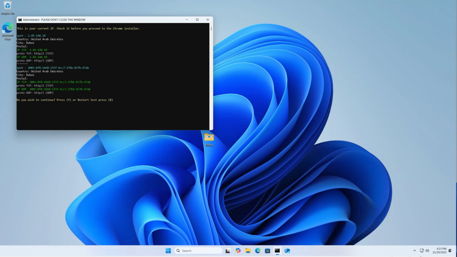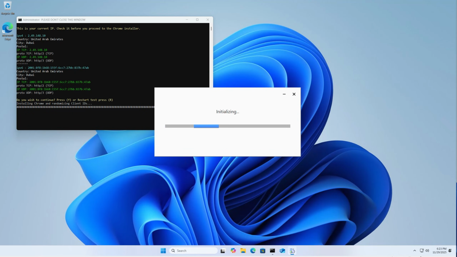In our case, there is no leak, so just press Yes, Y on the keyboard to start installing the Chrome browser. The Chrome browser is installed, as well as its minor configuration. That is, the time of its installation changes, it gets old, and some identifiers that affect the user's work in the Google ecosystem are also replaced.